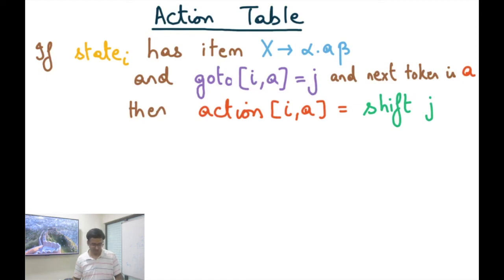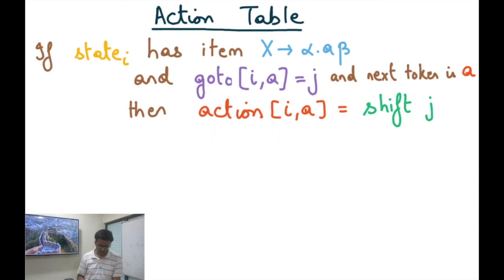Based on this goto, which represents the automaton, and these two instructions, shift X and reduce production, I'm going to define an action table. It says what action I should do if I am in state I and my next lookahead is A. That's what a shift reduce SLR parser is going to do. I have some stack of symbols on the left of the cursor, and then I have a lookahead token A, and I need to make a choice. What should I do? I'm storing that choice in this array called action.